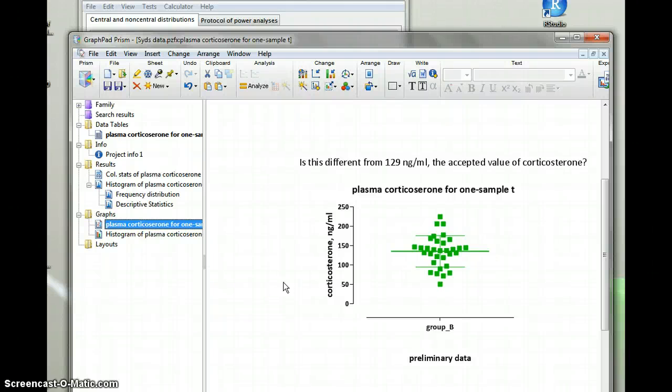Okay, our goal is to determine a sample size for an experiment that we want to conduct. In that experiment, what we'd like to do is impose on a group of animals this group B model system and hopefully induce stress in the animals, and then we'll measure that stress that we've induced in the animals by measuring plasma corticosterone levels. Now, it turns out that in normal animals, their plasma corticosterone would be 129 nanograms per